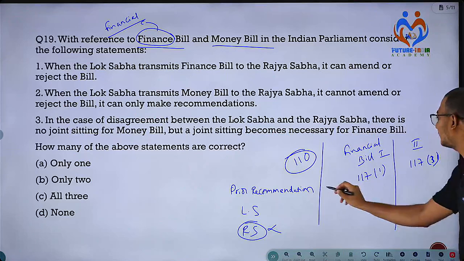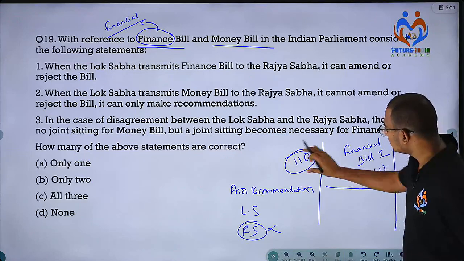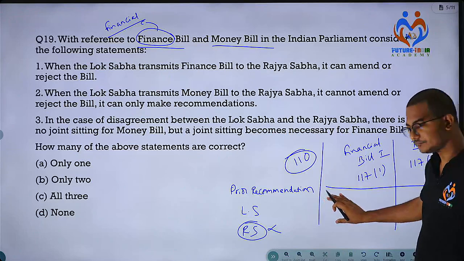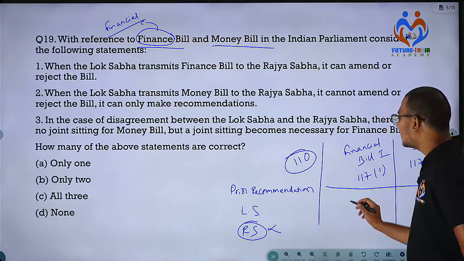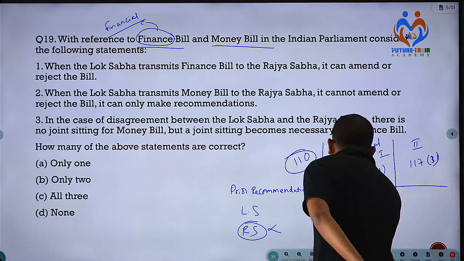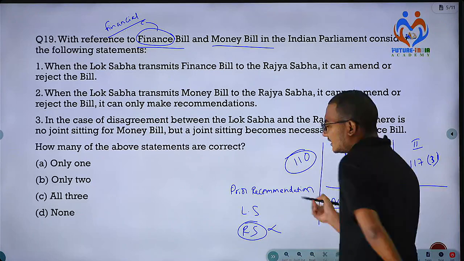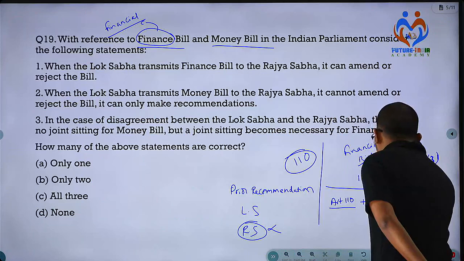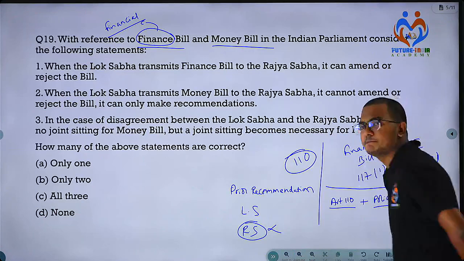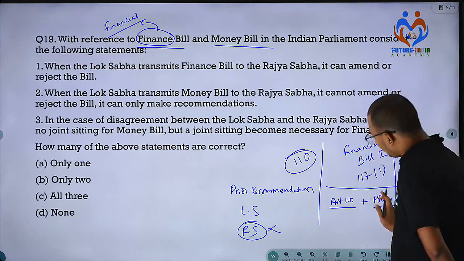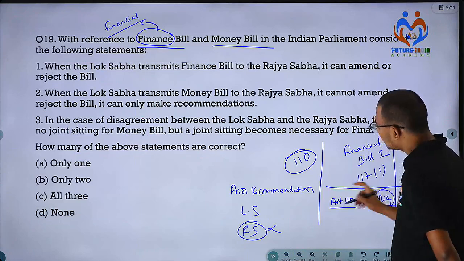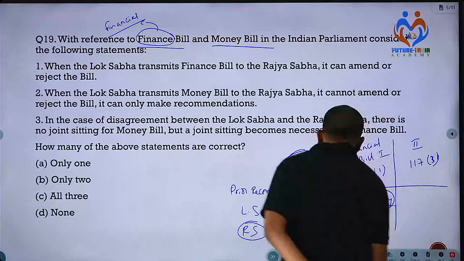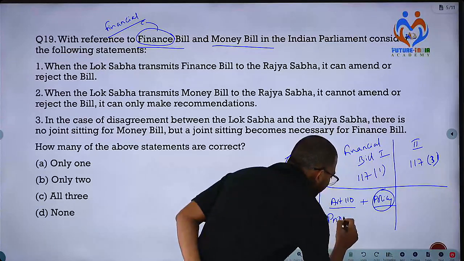Now, financial bill of type 2 means any of the provisions of Article 110 will be there. Okay. Along with that, some policy will be there. So Article 110, in the last video I have explained in detail, so I'm not explaining again. So again, policy will be there. Whenever policy is there, it won't be considered as money bill. This will be considered as finance bill. So here also prior recommendation is needed.